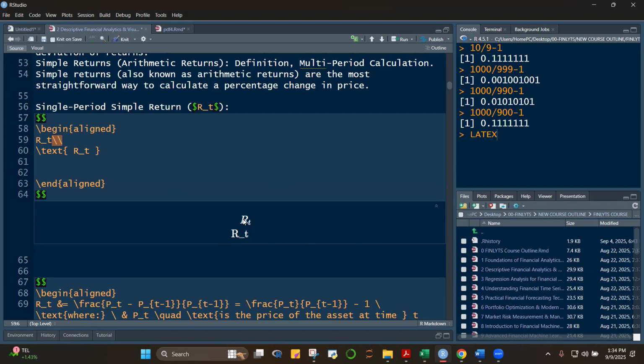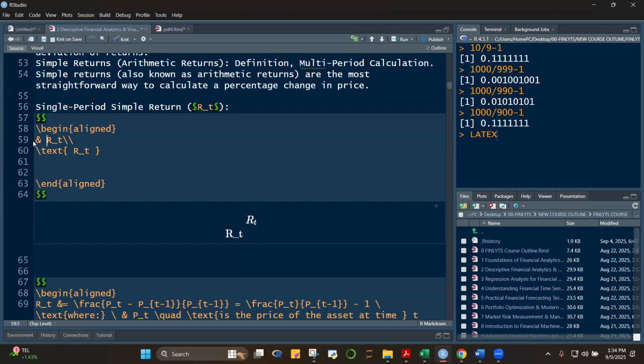You notice that they're not aligned. Even if you place here begin aligned and end aligned, we have to do something with this because this is a text. This is not a text. So you're not able to align them together. So how do you align this one and this one? What we can use is the ampersand